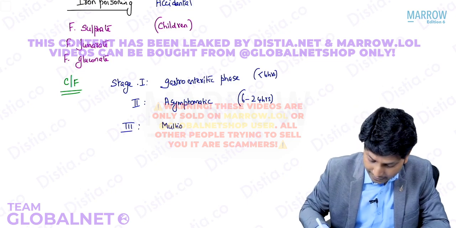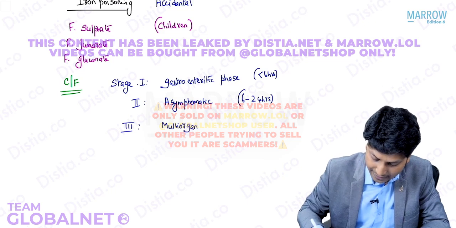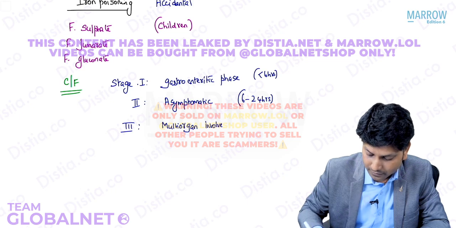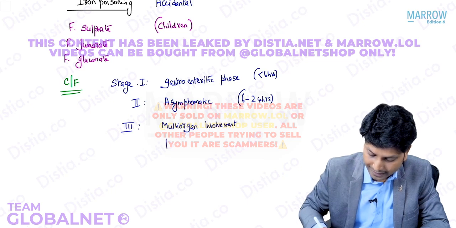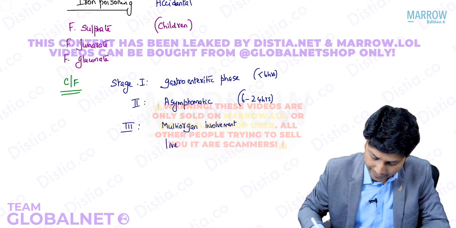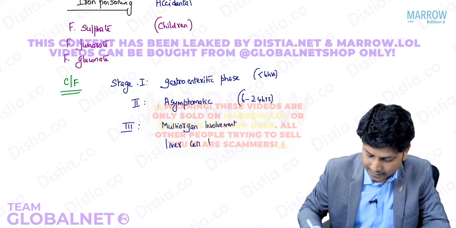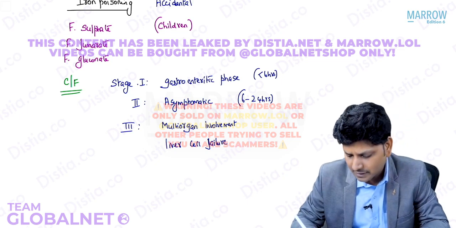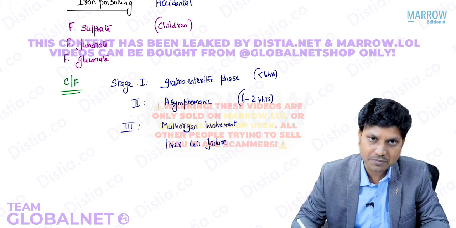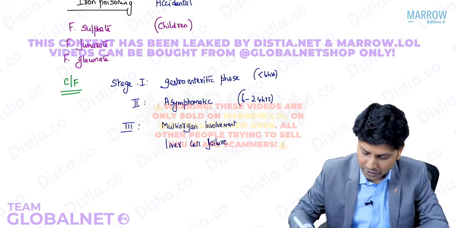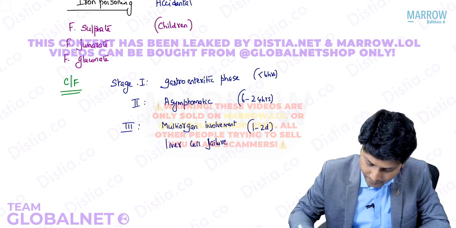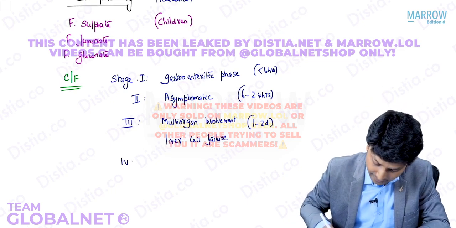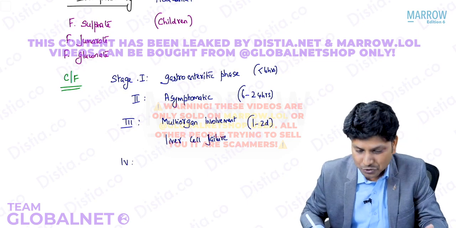multi-organ failure, and basically liver cell failure. Multi-organ involvement, particularly hepatorenal failure, can be noted. Liver cell failure can be noted. The patient will present with jaundice and all other liver toxicity symptoms. This can be seen somewhere between 1 to 2 days, that is 24 to 48 hours. The last stage is stage 4, the chronic stage, wherein it is due to